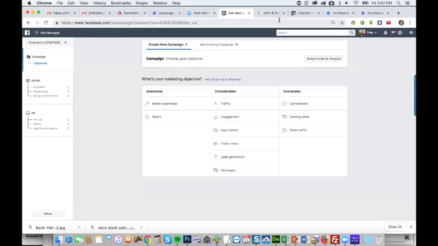Should we start with a single image or video, not carousels? Carousel not good. Yeah, I always do single. With a carousel, I like to know that this image converts, or this video converts. With a carousel, you don't know which image is pulling the weight. So yeah, I avoid the carousel.